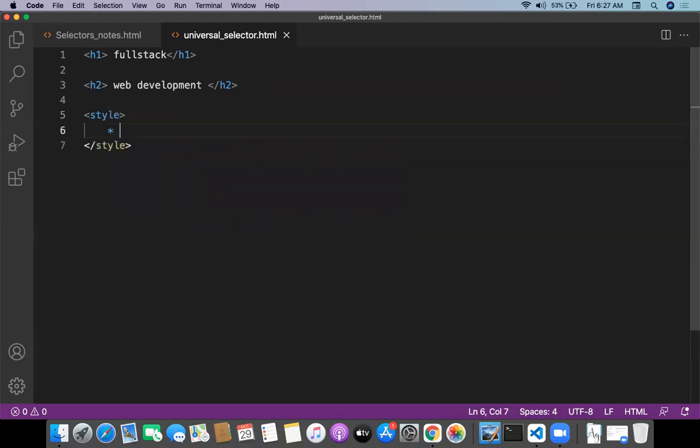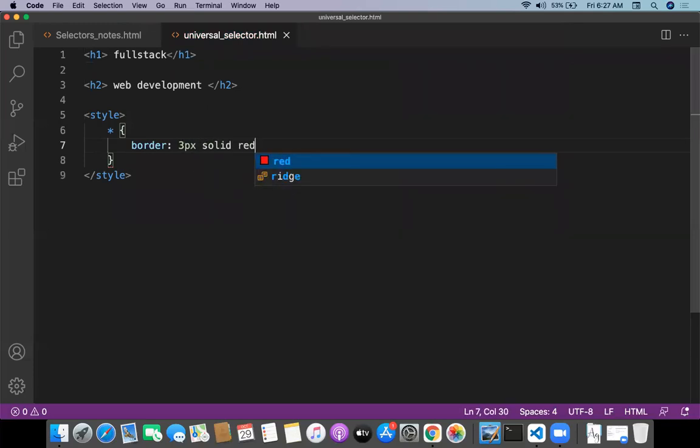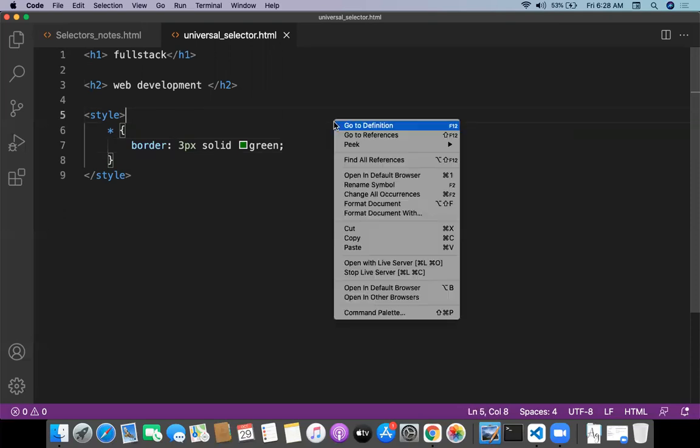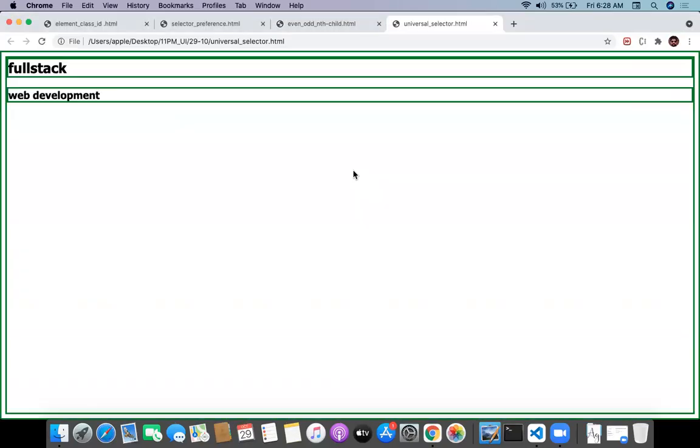So this is the universal selector, star. For each and every element I should go with a border of 3 pixel solid green. I want to apply a border to each and every element: h1, h2, body, HTML, each and every element from the DOM level.